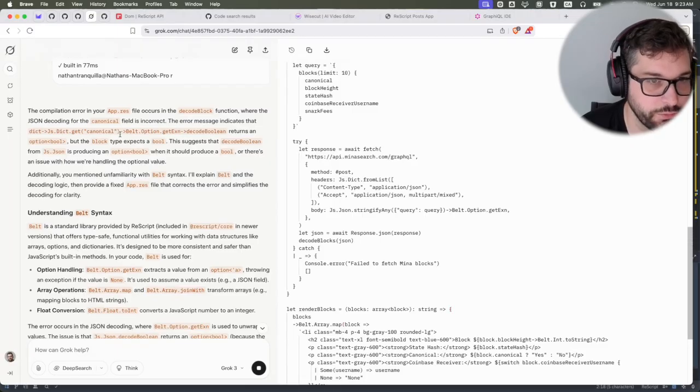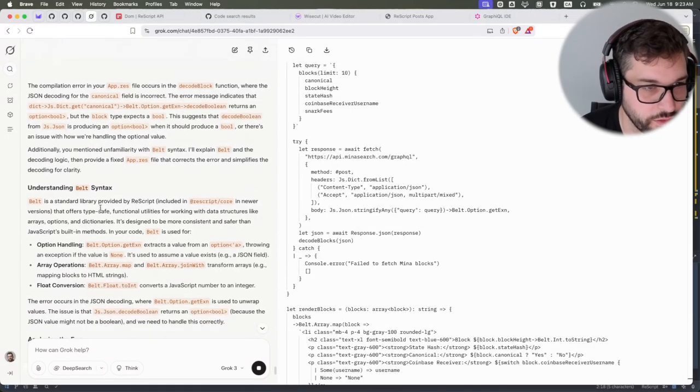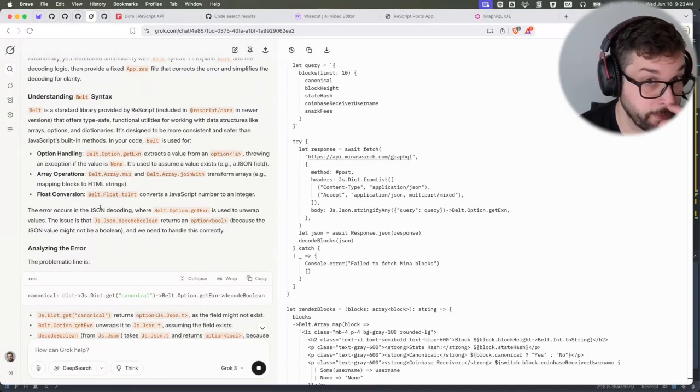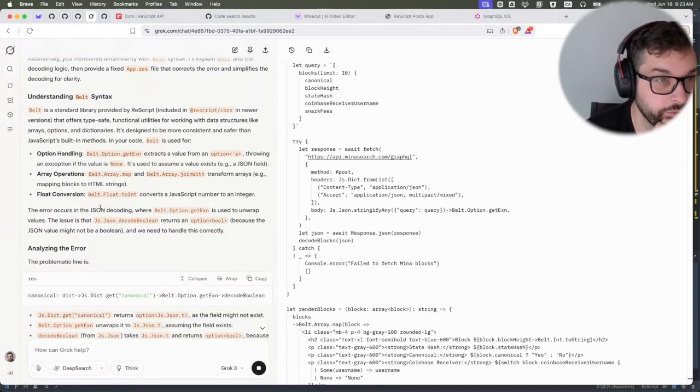Additionally, you mentioned unfamiliar with Belt syntax. I'll explain. Okay, Belt is a standard library provided by ReScript that offers type-safe functional utilities for working with data structures like arrays, options, and dictionaries. It's designed to be more consistent and safer than JavaScript built-in methods. In your code, Belt is used for option handling,